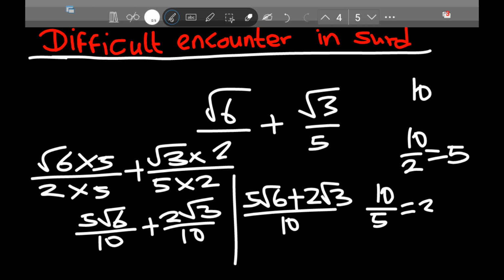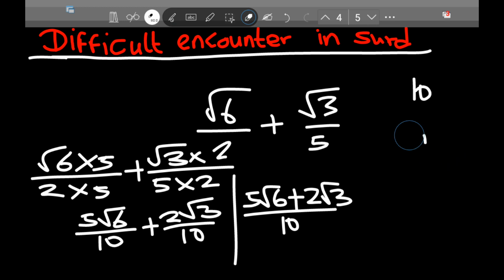Now this looks like it's your answer. So is it the answer? So this isn't your answer. You can still factorize 5 root 6 and 2 root 3 by factoring out the GCF, or the highest common factor of 5 root 6 and 2 root 3, which is